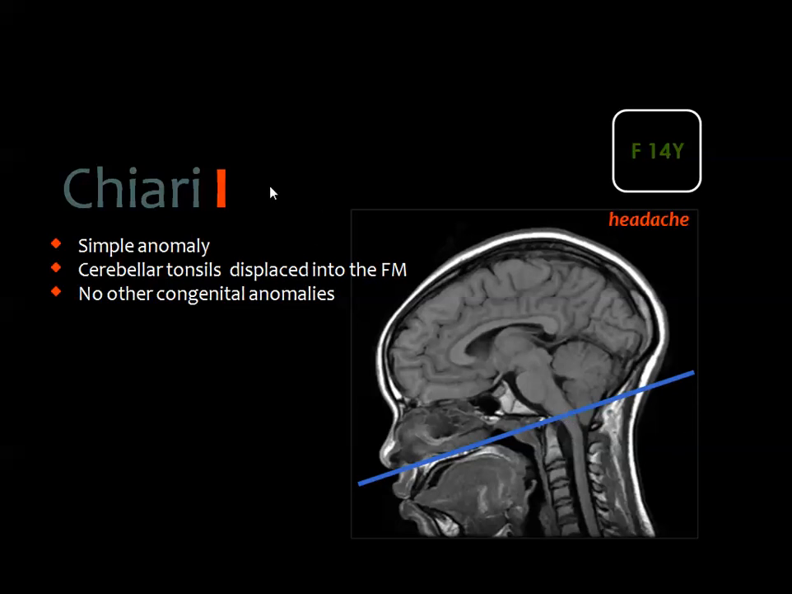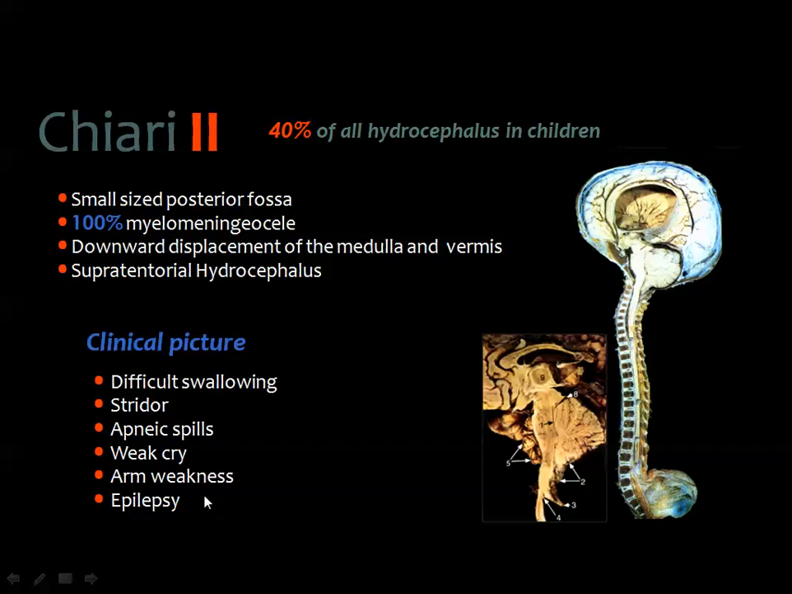The Chiari-1 is not, of course, an anomaly. It may be considered a normal variant because this descent of the cerebellar tonsils is not usually associated with any symptoms or any other congenital anomalies. What's important is the Chiari-2, and the Chiari-2 malformation represents about 40% of all hydrocephalus in children. This Chiari-2 means that more of the cerebellar tonsils are descending into the upper part of